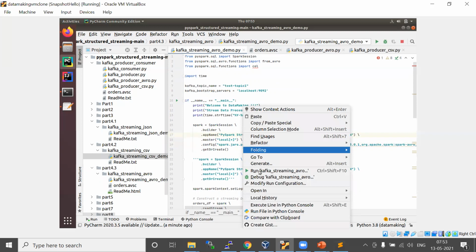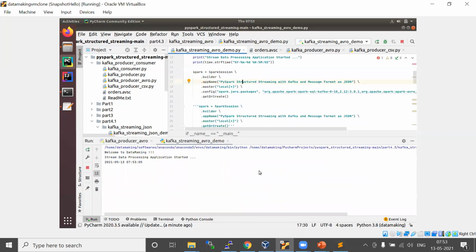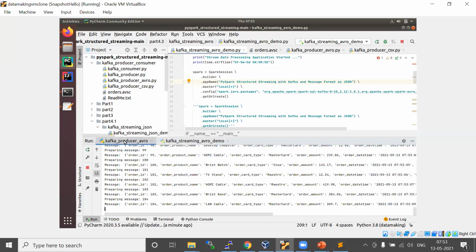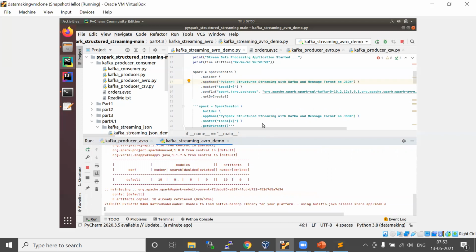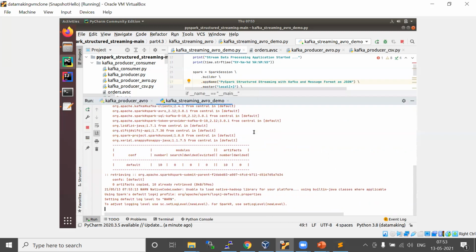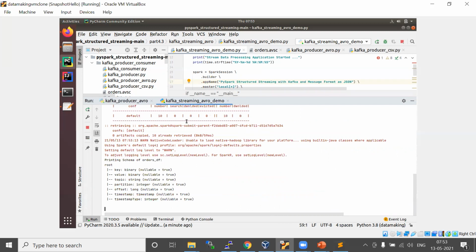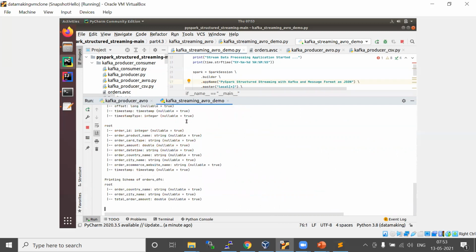Let me run it again. So this message is getting published. Let's see. It downloaded the Spark Avro connector also. Now it will start consuming the messages and do the aggregate.